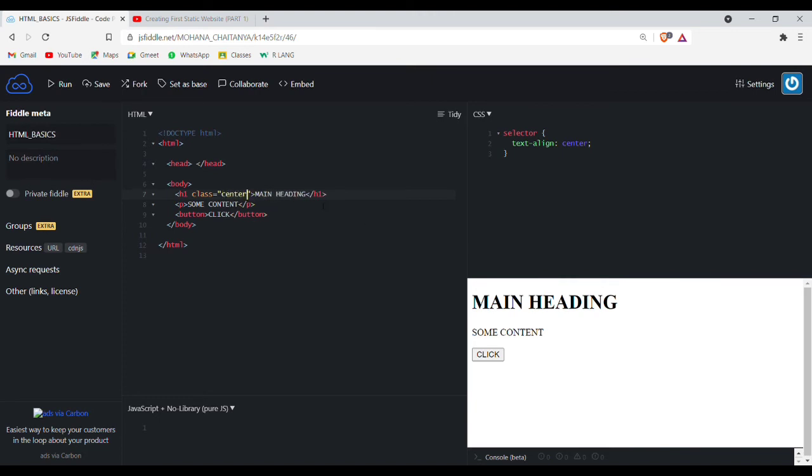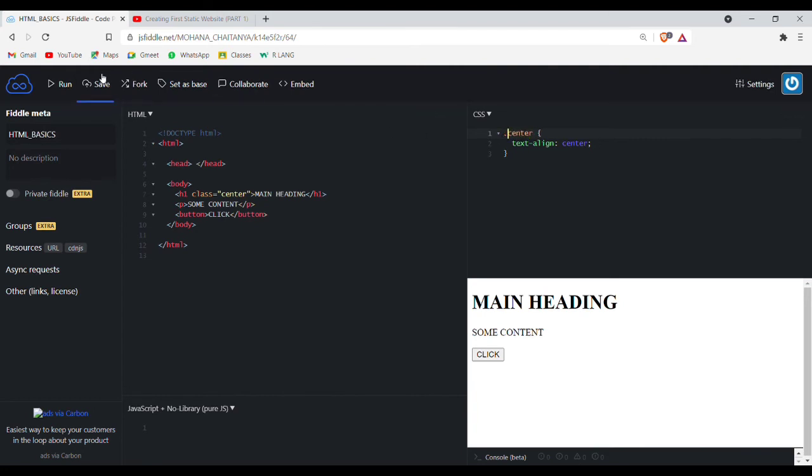And the selector will be the HTML attribute's value. Let's change the selector name to center. As I said, this is the class attribute. We have to give a dot before the CSS selector.